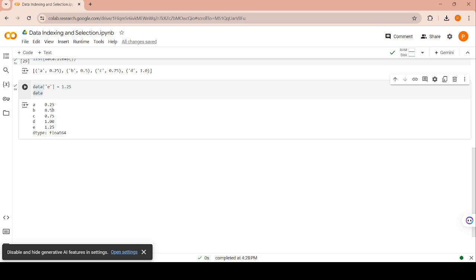Slicing. What is the meaning of slicing? If you're going to slice something like a fruit, you're going to cut a part from it. Likewise, consider this as an entire fruit, and you're going to slice a part out. So for that, what are you going to do? First of all, what we are going to do is